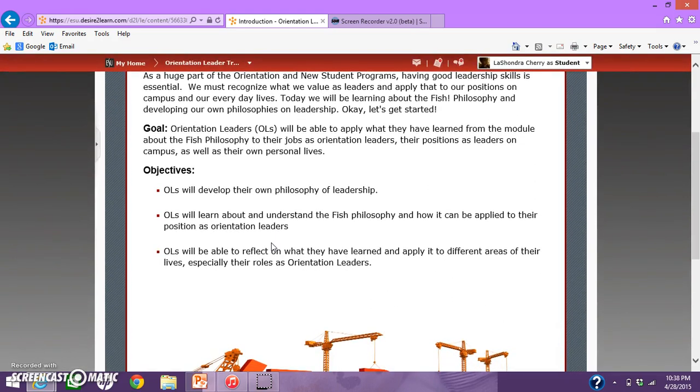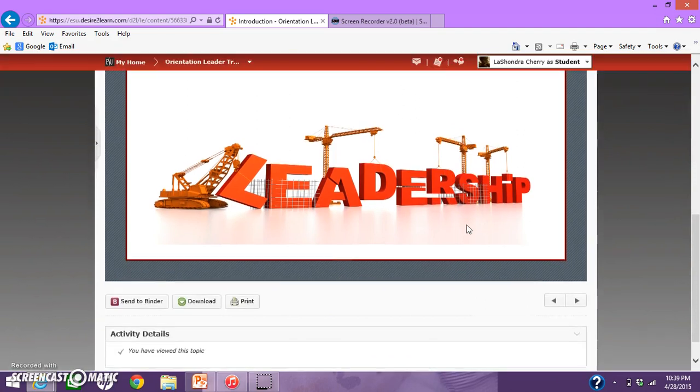The goal of this course is to have the orientation leaders be able to apply what they have learned about the fish philosophy to their jobs as orientation leaders and their positions on campus, as well as their own personal lives. OLs will develop their own philosophy of leadership. They will learn about and understand the philosophy of leadership, or the fish philosophy, and how it can be applied to their position as orientation leaders, and they will be able to reflect on what they have learned and apply it to different areas of their lives. So then they will click Next,